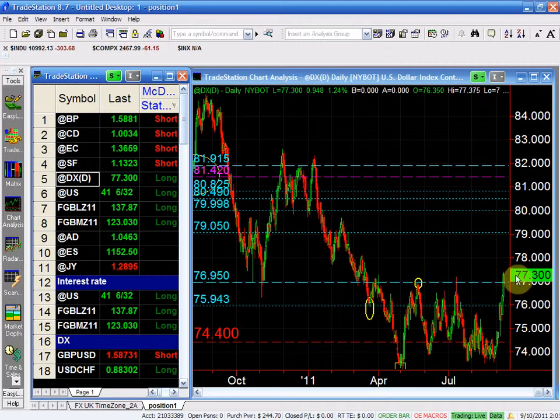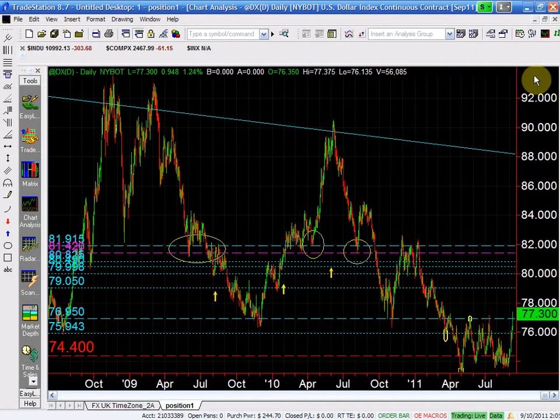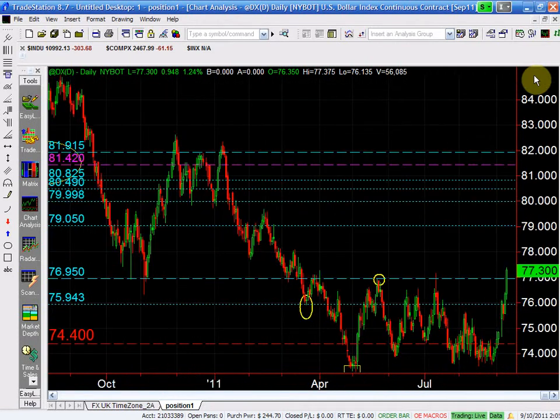At this time, with this close, we can say that the dollar now has reversed its downtrend, and based on the daily chart we are beginning to have a trend change. We can say now that the dollar has given us a trend change signal, and that is the beginning of what we can consider a bull market in the US dollar. Having said that,